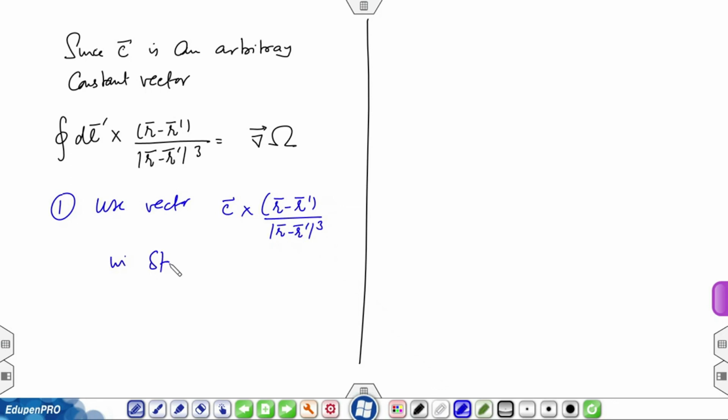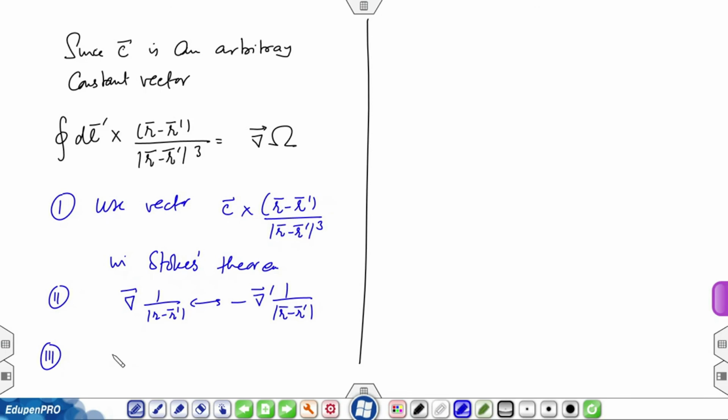in Stokes' theorem. 2, along the way del of 1 over r minus r prime goes to minus grad prime of 1 over r minus r prime, and for the derivatives involving r minus r prime. Third, which I did not say, but I am going to say now, is d omega for the surface is going to be d s prime dot r minus r prime over r minus r prime cubed, where d s prime